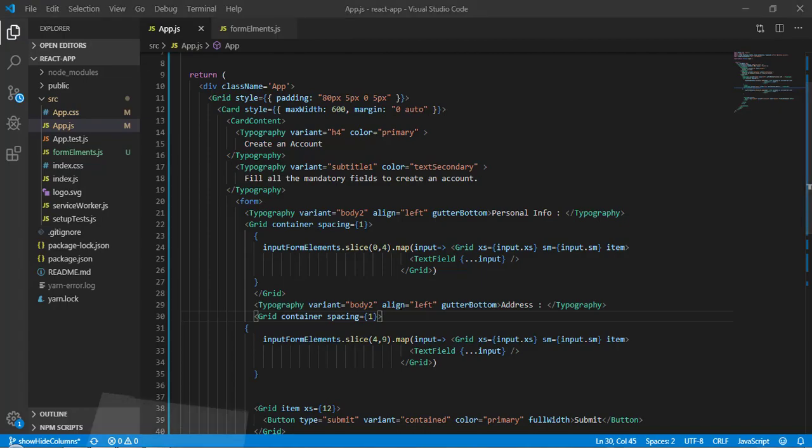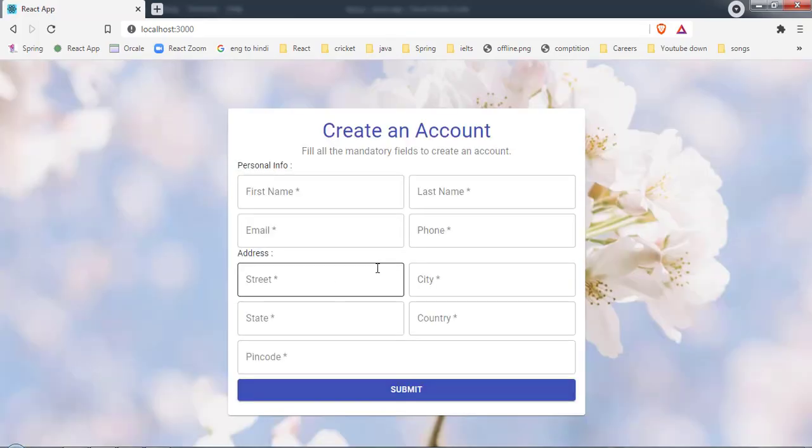Okay, so now let's come back. Here, as you can see, everything has been fixed. So the first grid container is going to be responsible for printing all this, and the second grid container is going to be responsible for printing all the remaining ones.